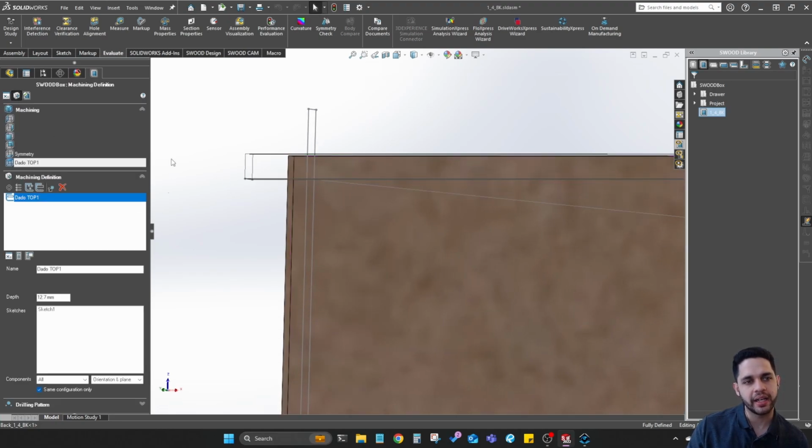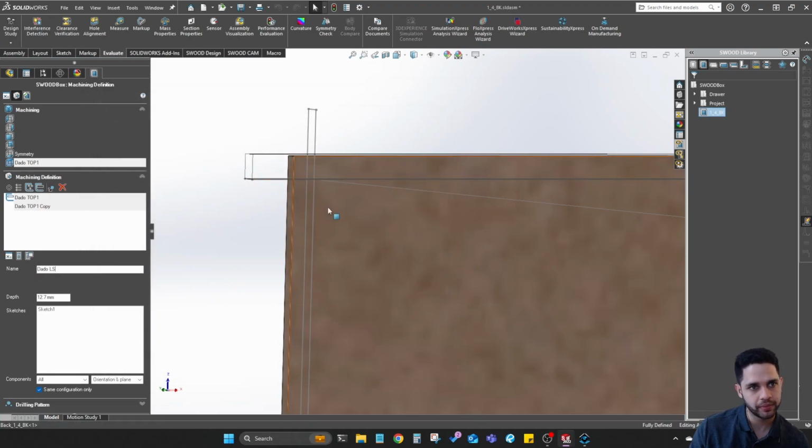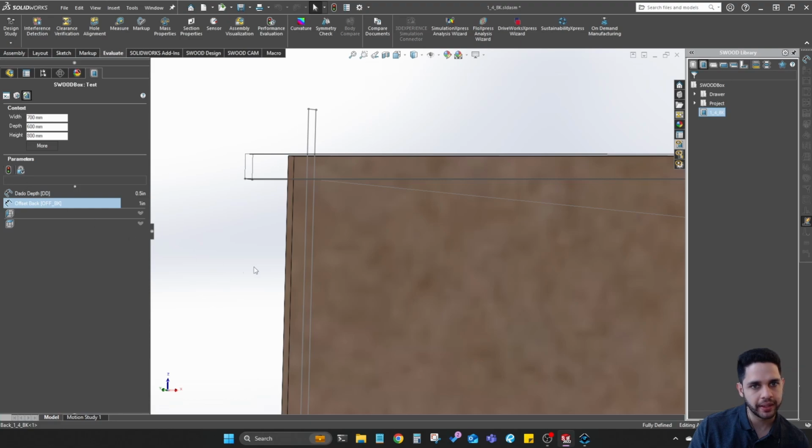So don't forget, we didn't copy over that machining to our left side. We only did that for the top. So now what we're going to do, we're going to click this copy intelligent machining, click on it, and it's going to make a copy. So let's change this to dado left side. And pretty much everything we can keep the same, and even the function carries over. So that's important. So now we're going to apply this to our left side. And when we go and rebuild it,